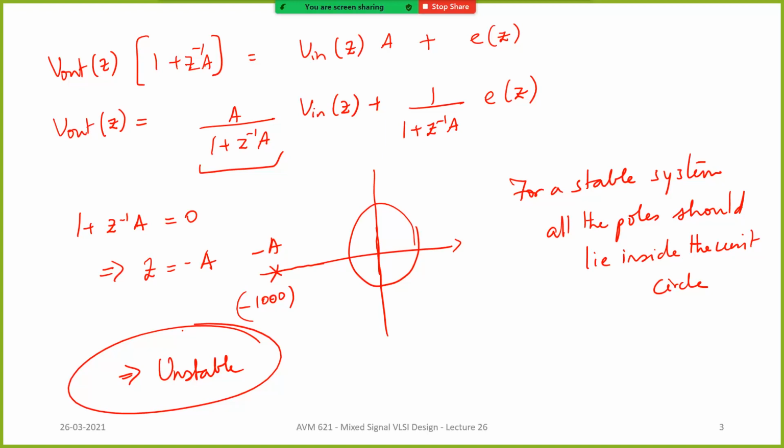So what we are going to do is, instead of putting a normal op amp here, we are going to put an integrator. Okay, so what is an integrator? Discrete time integrator. So before that, integrator in time domain, what is the response in the frequency domain? What type of a filter will it be?